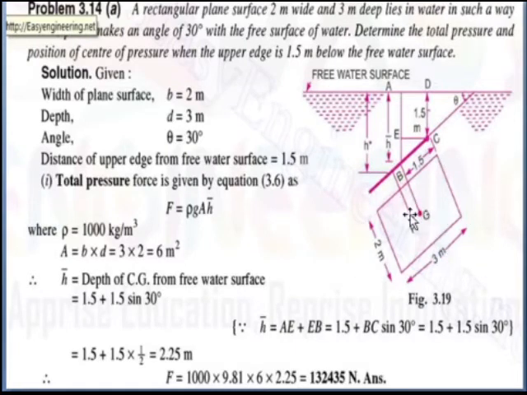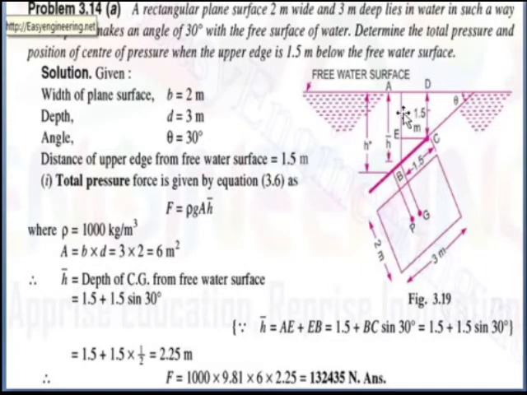The center of gravity is acting over here. The depth is 3 meter, so half of this depth is 1.5 meter from this surface. The width is 2 meter, so from this to this it is 1 meter. Okay, so B to C the distance is 1.5 meter. With the help of this distance and an angle, we can calculate the value of h bar.